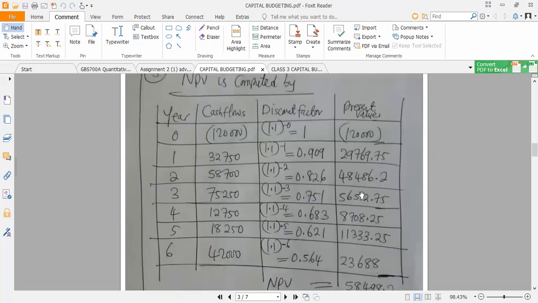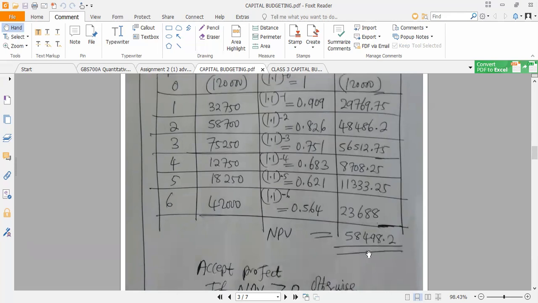Okay, so after multiplying each of these figures with the cash flows, we have gotten these figures at the last column there. Then add the positive figures that we have for each of those years, year 1 through to year 6. Add all of them, then subtract the 120,000. You are getting the 58,498.2. So we are adding only the positive aspect of these, where we are saying we add that where it says starting from the